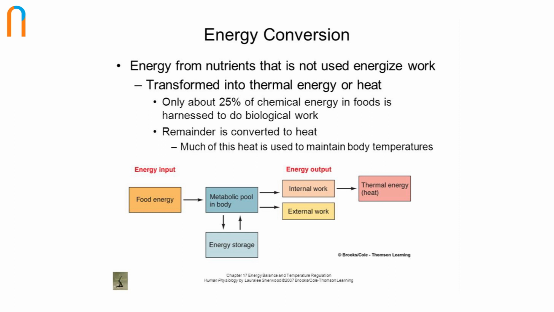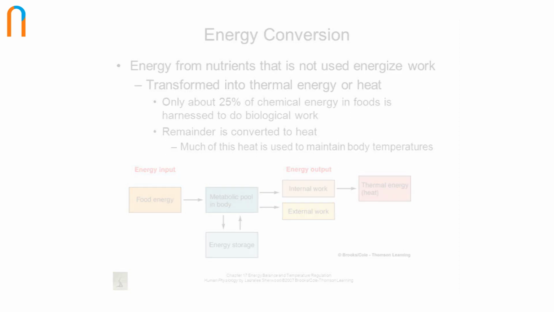Because the body is not a heat engine, it cannot convert heat into work. Therefore, not more than 25% of nutrient energy is available for work, either external or internal. The remaining 75% is lost as heat during the sequential transfer of energy from nutrient molecules to ATP to cellular systems. Furthermore, of the energy actually captured for use by the body,